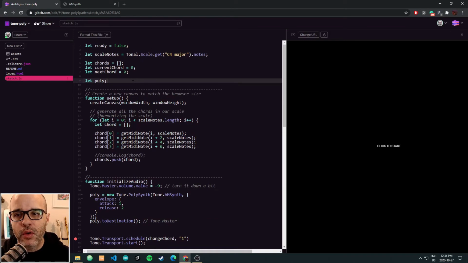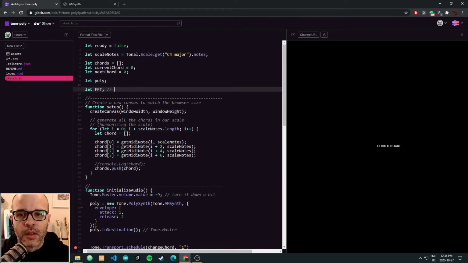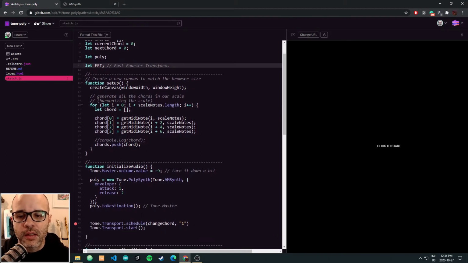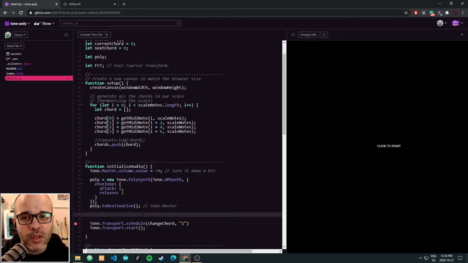And to do this, we're going to use a new object called an FFT. So FFT stands for Fast Fourier Transform. This is an object that's going to allow us to do some frequency analysis on the sound that's being played, and be able to visually represent how much of different frequencies are being heard. So it's similar to the waveform object we've used in previous examples, except the waveform just visualizes the amplitude, the volume of a wave. The FFT is a lot more detailed. It's just looking at a frequency distribution. So it's not going to show us the outline of the wave,